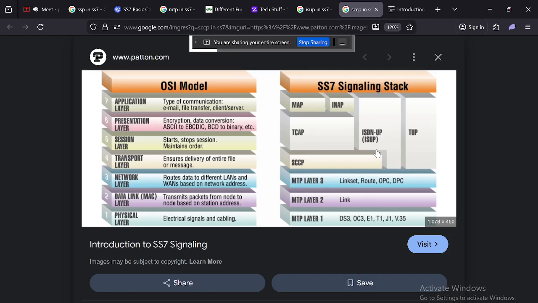MTP3 is like link sets that route in the right format. And SCCP will give directly to the application layer to get MAP, TCAP, INAP, and SMS also.